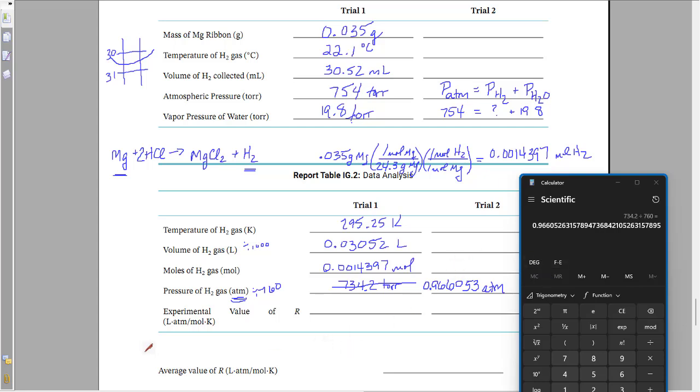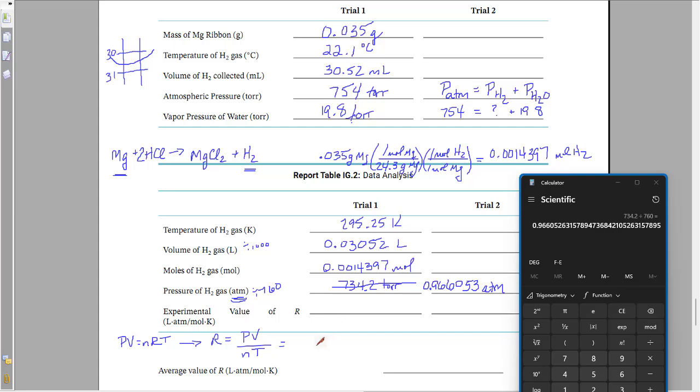All right. Now, experimental value of R. Don't just put in the literature value here, okay? We're trying to determine the value, so we can't just put in the literature value. I'm going to start with my ideal gas law, PV equals nRT, right? You can plug and chug, or you can rearrange to say R then is PV over nT,